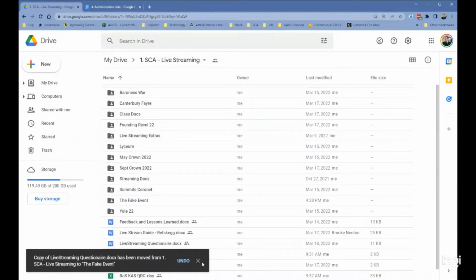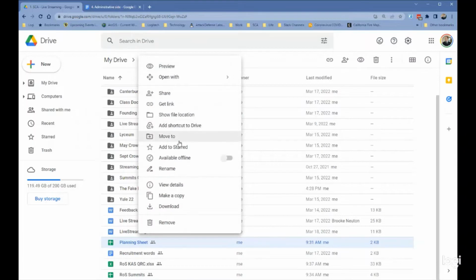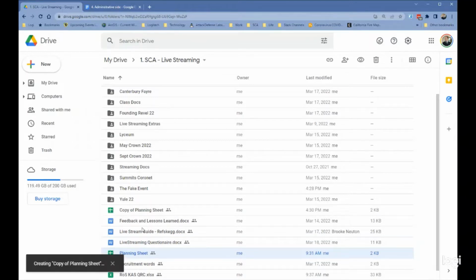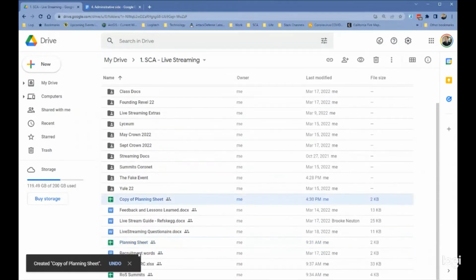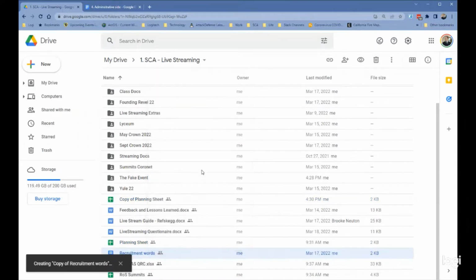All right, so we have our questionnaire. Then we got to make a copy of our planning sheet. And then our recruitment words.